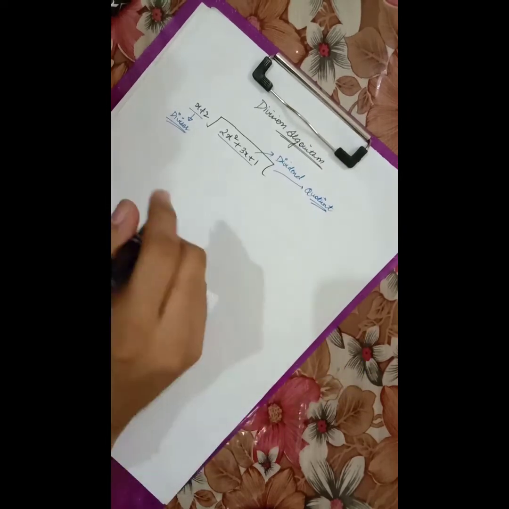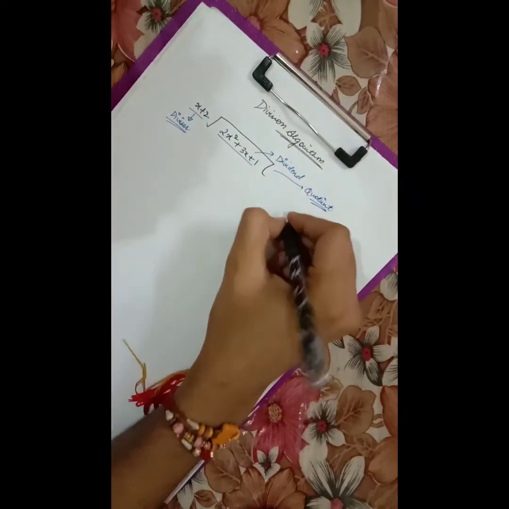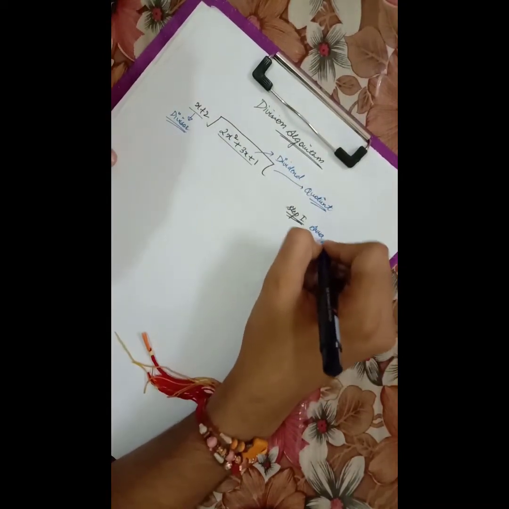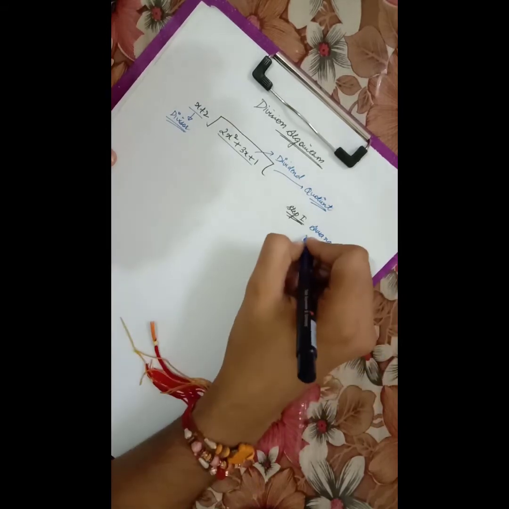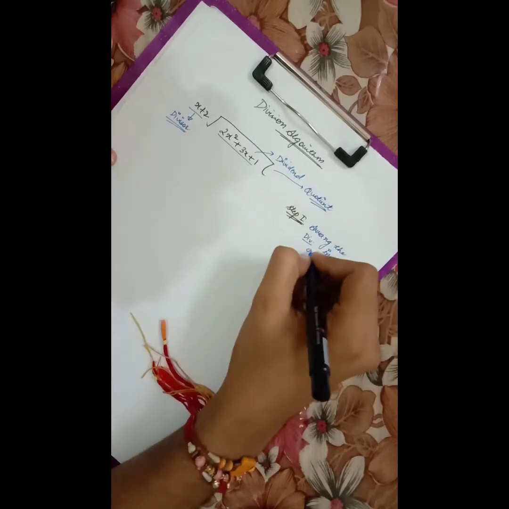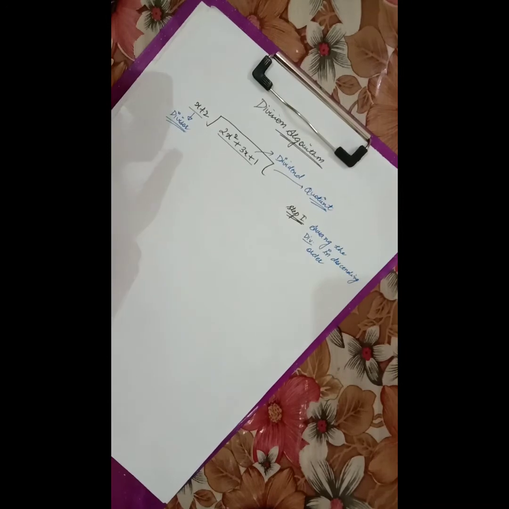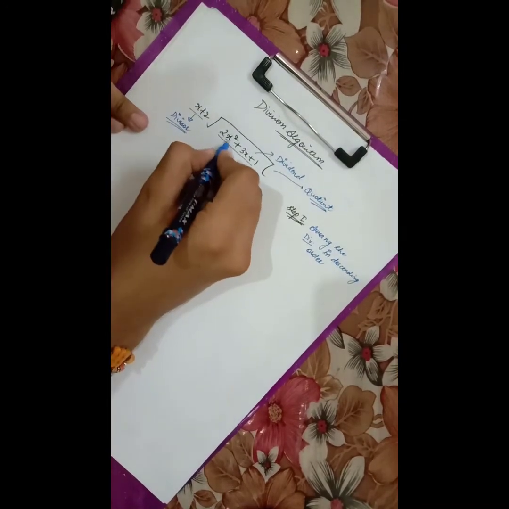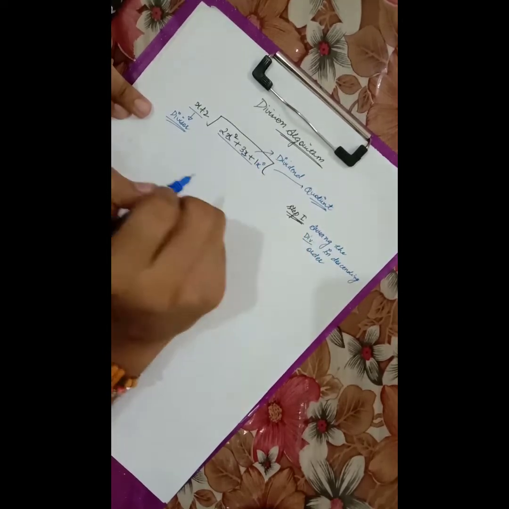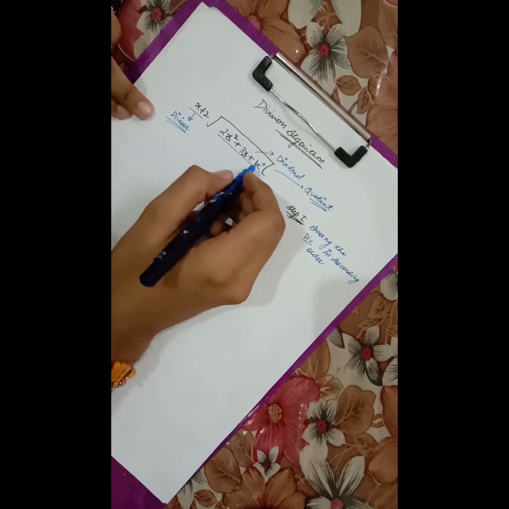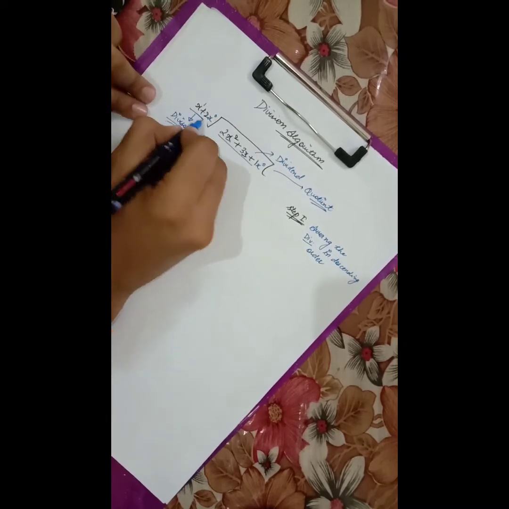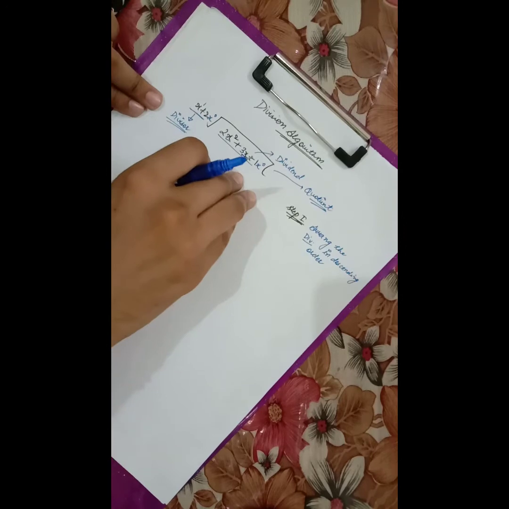So there are different steps that we should follow for the division. Let me discuss those steps. Step 1. First, we should arrange the dividend in descending order. Now, what do I mean by descending order? Here, the degree of x is 2 and it is the greatest. Then another degree is 1 and here the x has degree 0. So it is already arranged in descending order. And in the divisor, the degree of x is 1 and the degree of 2 is 0, which means this is also arranged in descending order. So this is the way we are going to divide it.